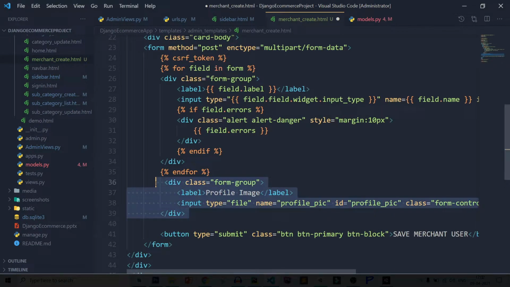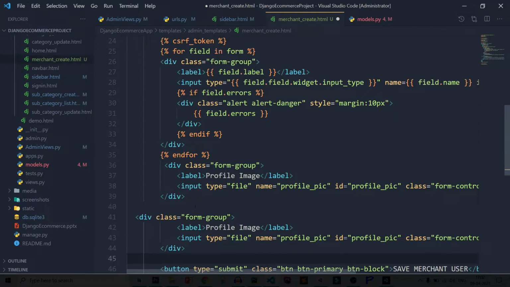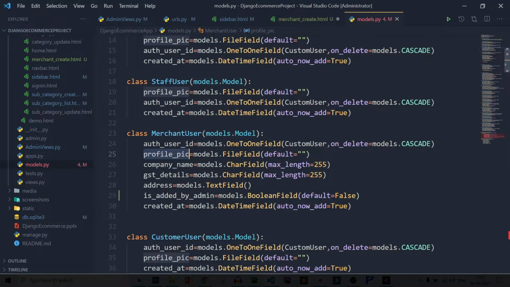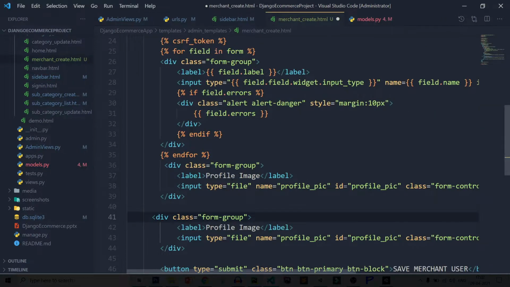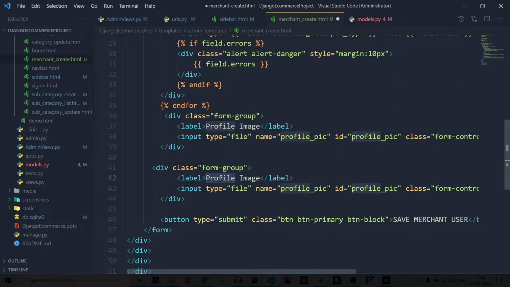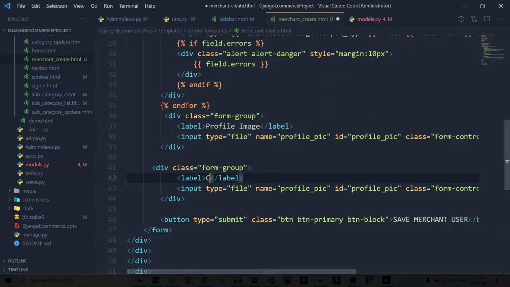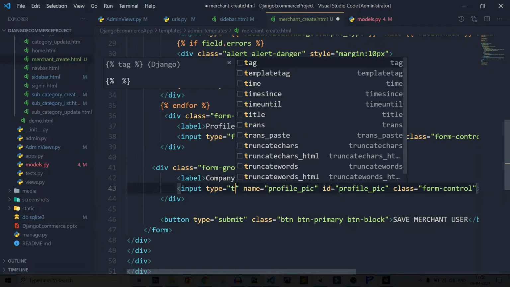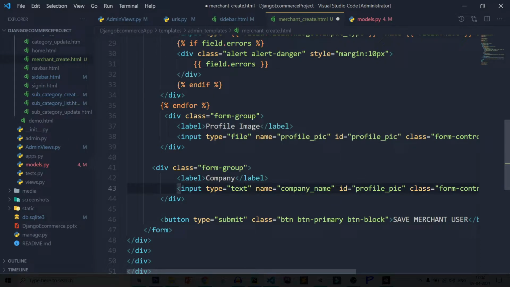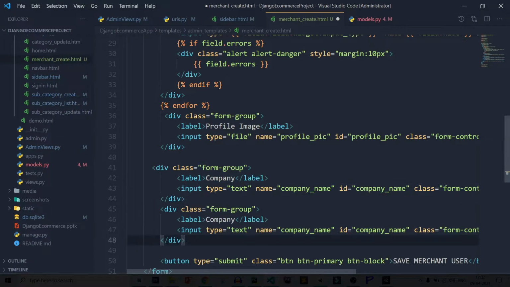After that, again copy it. This time I am adding the next field, company name. Copy it: company, type text, name company and id company.